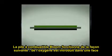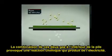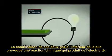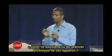Bloom's fuel cell works like this. Oxygen is pumped in on one side, natural gas on the other. The two combine inside the cell to create a chemical reaction that produces electricity. No burning, no combustion, no power lines from outside. This particular device,